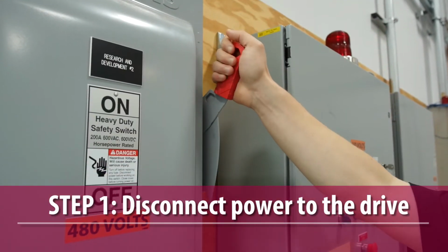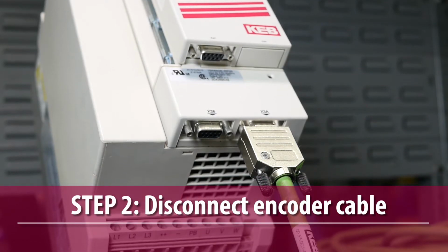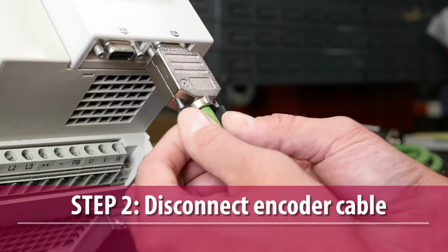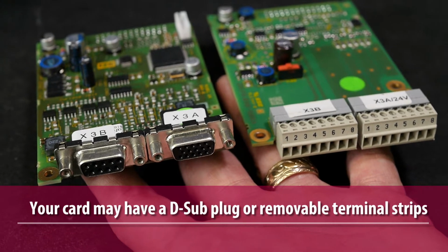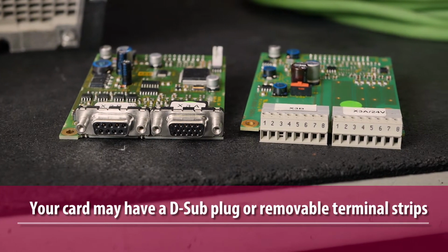First, disconnect power to the drive, lock out the main supply, and allow the DC bus to discharge. Next, disconnect the encoder cable from the X3A, X3B terminals of the drive's encoder card. Depending on the type of encoder card, the cable connections will either be made with a sub-D plug or removable